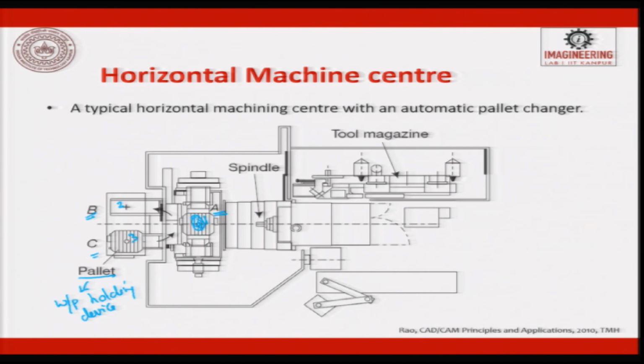So, here during the machining time, and generally in horizontal machining centers, when one job is loaded, it typically runs for 30 minutes to even 2 hours. So, by then this will be there, and here the changing will happen automatically. Once the machining is over, the door will open, it will come out, this will come in and the next machining starts. So, this is only to improve the productivity of a CNC machine. This is the use of an automatic pallet changer.